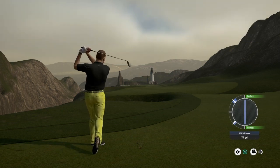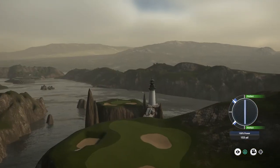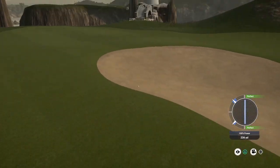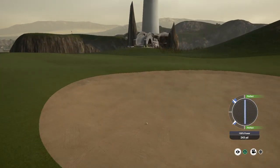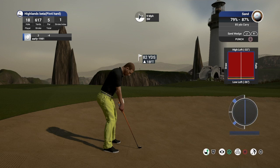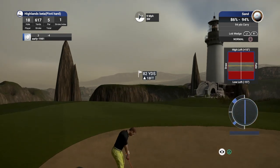Oh, it's moved way right. That's in the bunker. Wind, take me back. Hold me up. Oh, we're going to kick in. No way. So there you go. That's exactly why I enabled the lie grid for today's round. I've learned a lot with it once again, but we're going to have a bit of work from the bunker